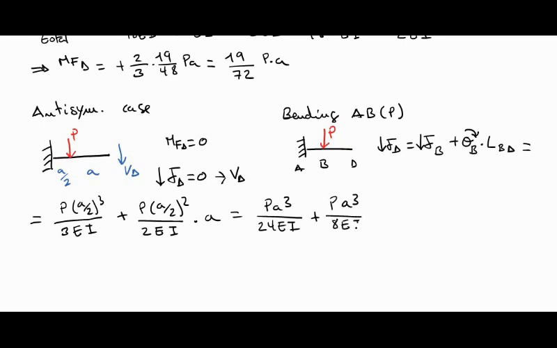Okay, so the addition of this is equal to 1 divided by 24 plus 3 divided by 24, so 4 divided by 24, PA cubed divided by EI. That is PA cubed divided by 6 EI. Okay, so